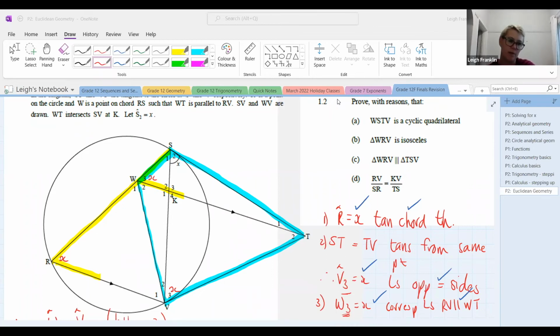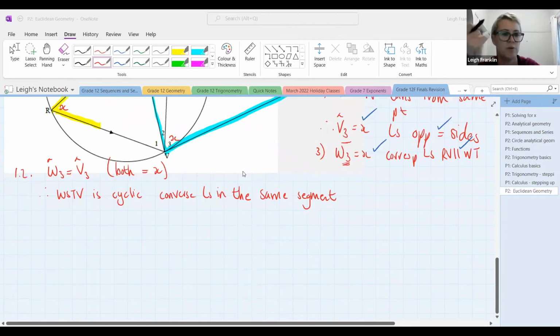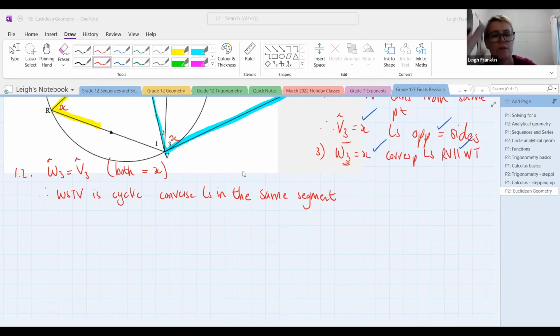Then I teach exterior angle of a cyclic quad and then converse exterior angle of a cyclic quad, to prove that a quad is cyclic. Then it's only one thing you have to remember instead of another set of rules. So when you are proving a quad is cyclic, it's always converse: either converse angles in the same segment, converse opposite angles are supplementary, or converse exterior angle of cyclic quad. Okay,